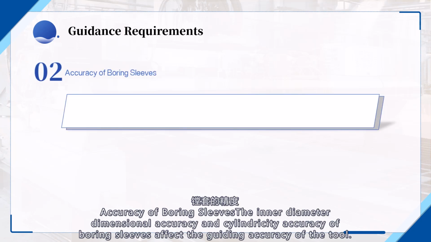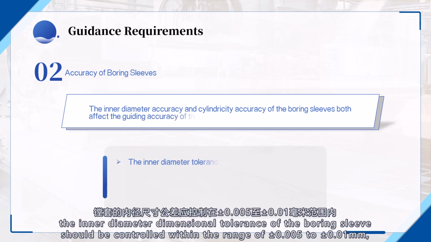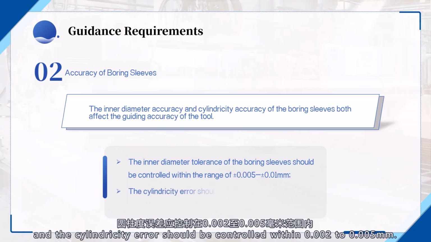Accuracy of boring sleeves. The inner diameter dimensional accuracy and cylindricity accuracy of boring sleeves affect the guiding accuracy of the tool. Generally, the inner diameter dimensional tolerance of the boring sleeve should be controlled within the range of plus or minus 0.005 to plus or minus 0.01 millimeters, and the cylindricity error should be controlled within 0.002 to 0.005